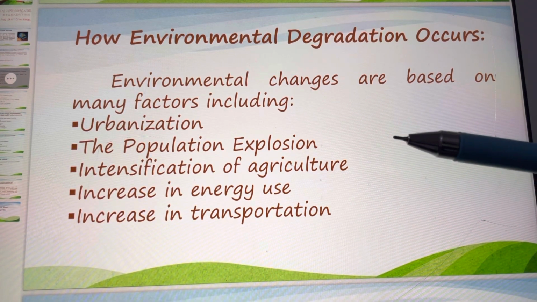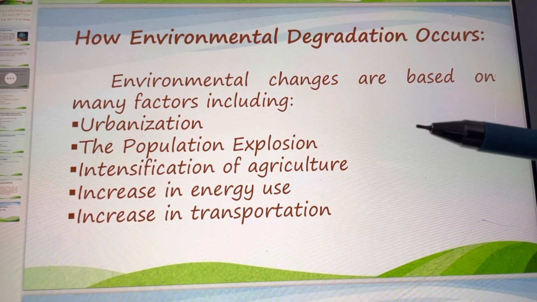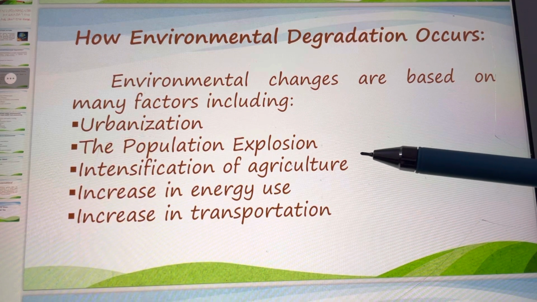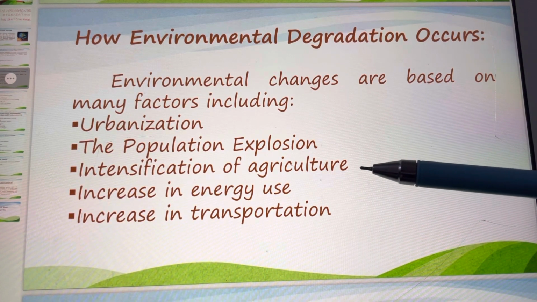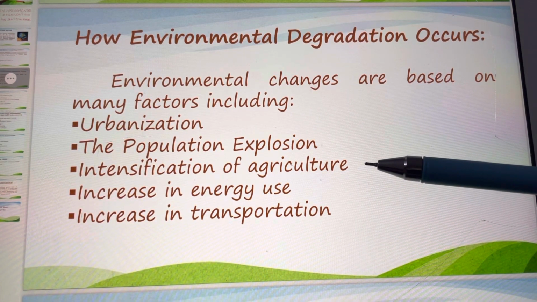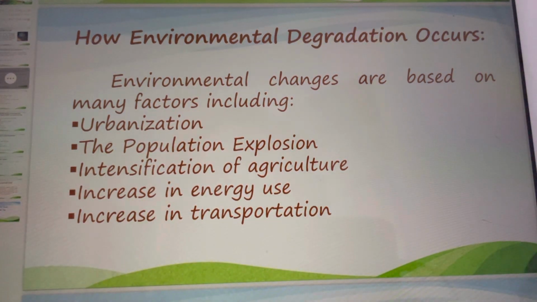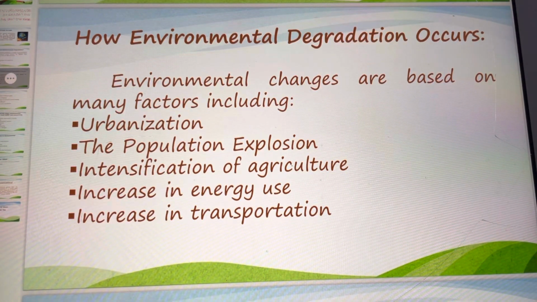Intensification of agriculture. How does it cause degradation? We call the earth Dharti Mata, the mother earth, but if you are putting a lot of load on agriculture, on the soil or land, what will happen? There will be excessive use or misuse of that sector, and we use different chemical fertilizers and pesticides, which creates such kinds of problems and adds to